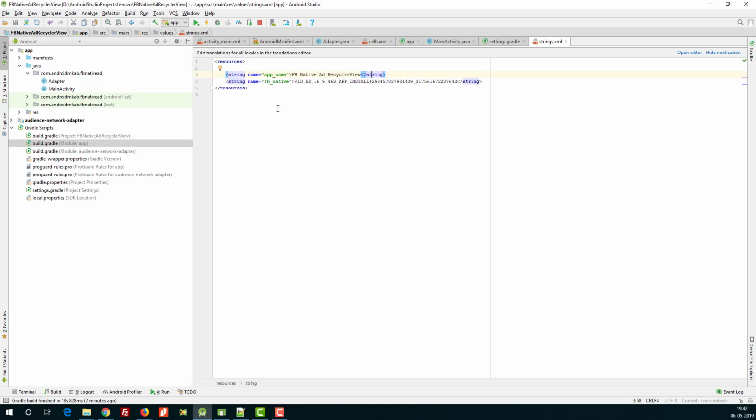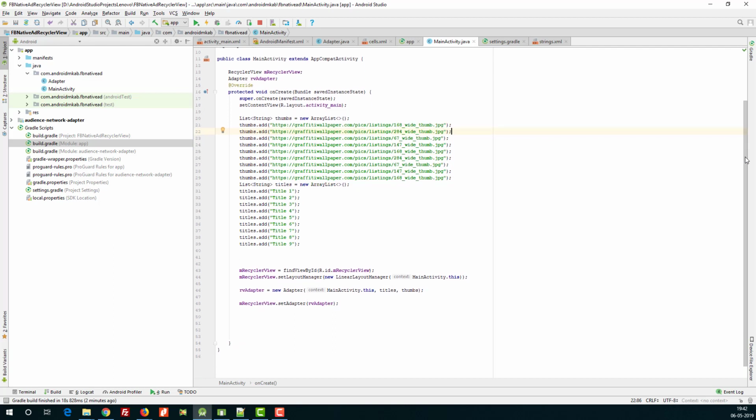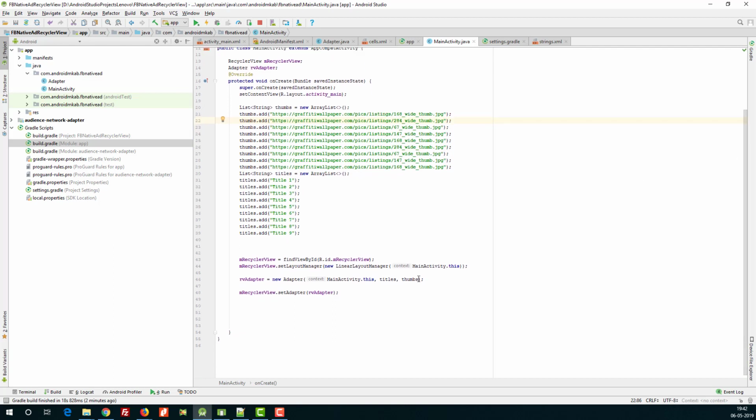After pasting this string here, that is the Facebook Audience Network native ad, go to your main activity, wherever the recycler view is. Here we have set the adapter. Right after setting the adapter, you have to call the Facebook native adapter. You can give any variable name.